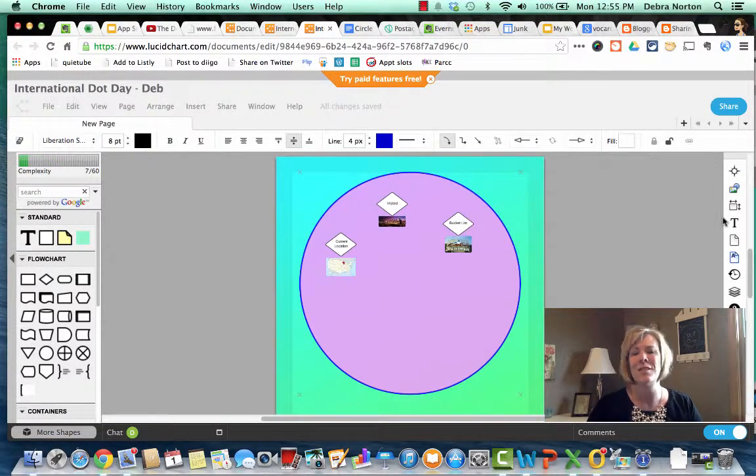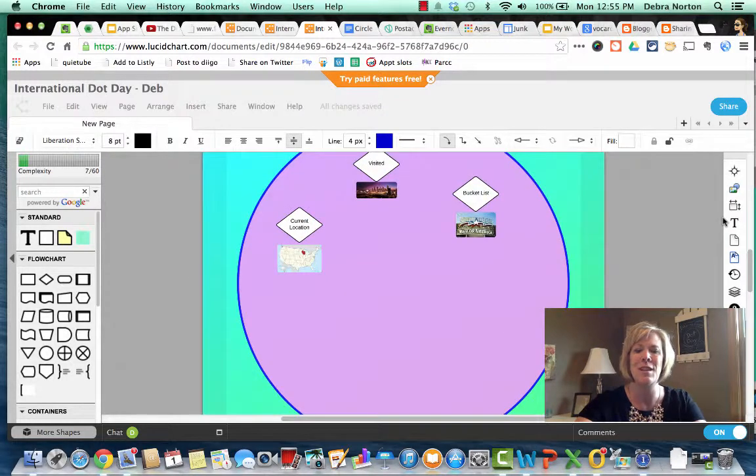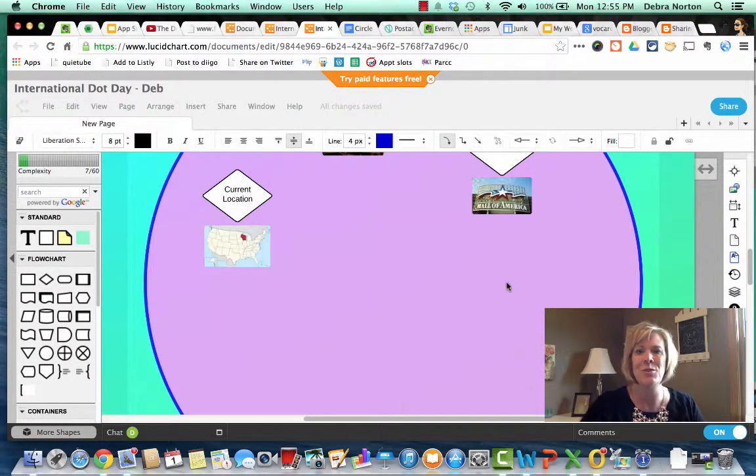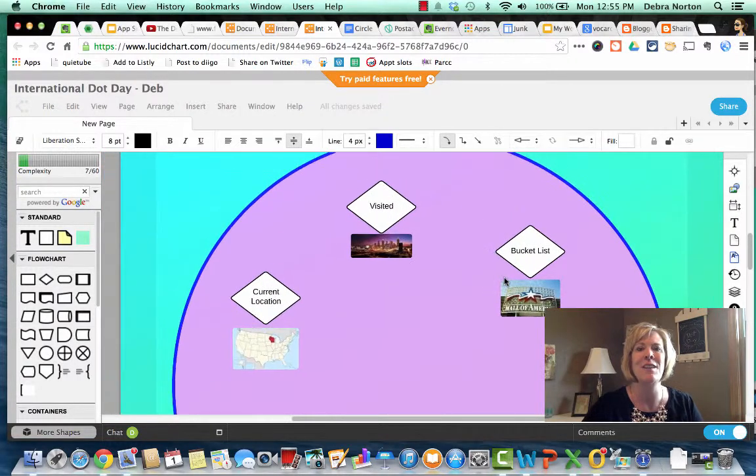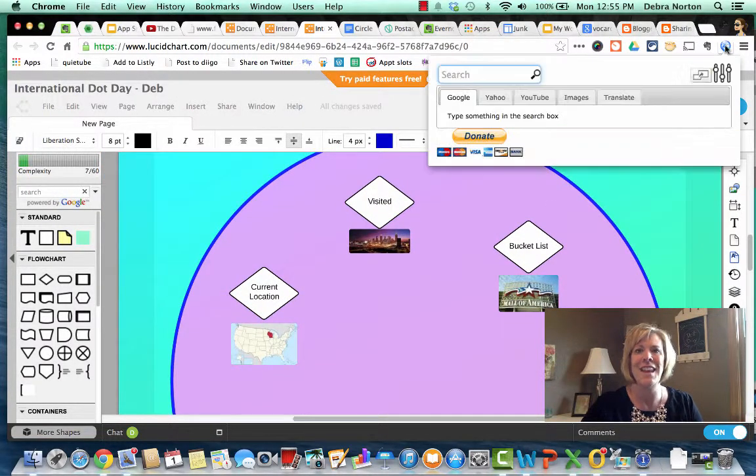Another thought I had was to share out places or things that they want to do, things on their bucket list or things they've already done. So I thought it'd be fun in this case to have students use that same extension to bring some images in and tell us what are the things that they have done and what are the things they wish they could do. That extension again, that Quick Research, if I go over and I click on images and I type in something that I'm looking for,